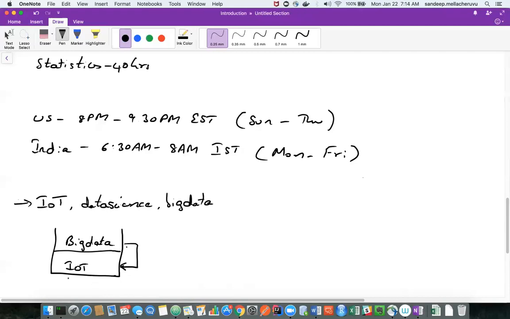IoT is nothing but various devices on the network. It's going to post all the device information into some central repository. That central repository could be big data. Once a lot of data comes into big data, it can process this data very fast. That's the only advantage that big data has. Now at the top of this layer, you get data science.